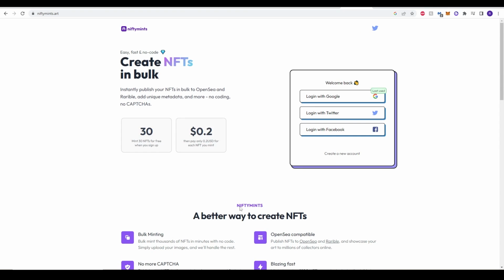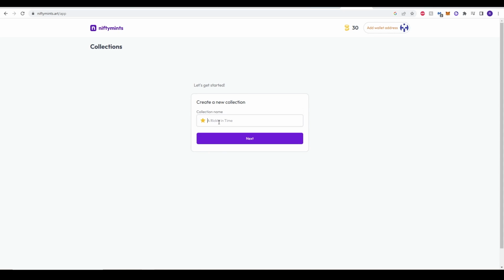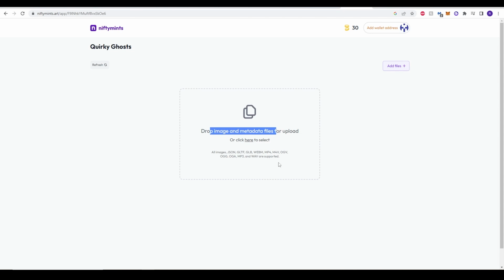today. To start off, you want to make a new account if you don't have one. I already have an account, so I'm going to log in with Google. Once you've logged in, it will ask you to create a collection. So I'm going to call these quirky ghosts. It says here, drop image and metadata